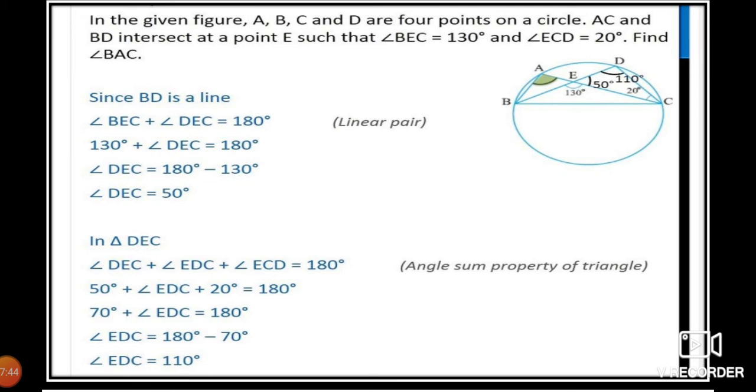So in this case we have to observe two triangles, ABC, that is one triangle, next BDC, that is another triangle. Okay, so angle E, the opposite angle they have given, so 130 degrees, and also 20 degrees. Since BD is a line, so BE, angle BEC plus DEC equals